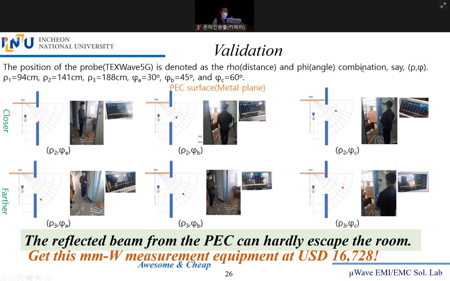But if the dynamic range of the spectrum analyzer tagged along with my equipment were larger, then we could do that. Anyway, there are combinations. We vary the distance from row 1 to row 3, and here angular variation, actually 1,